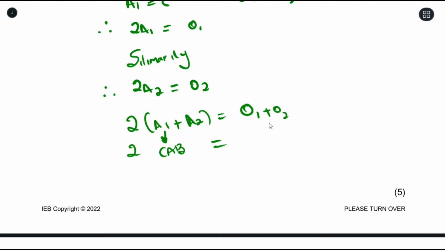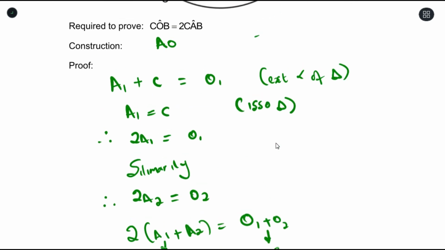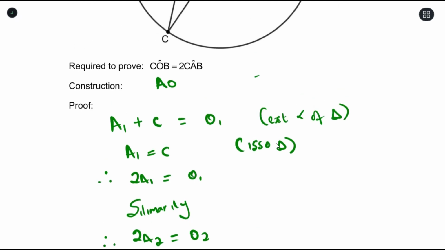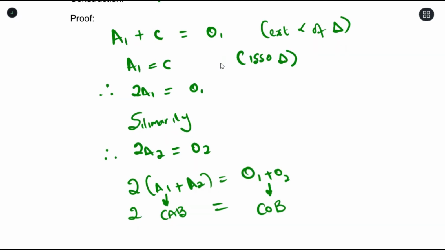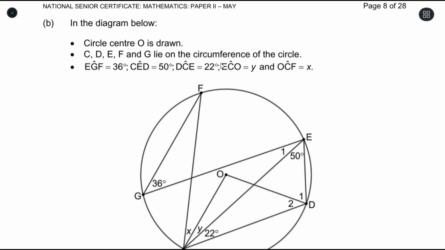And this part here is the same thing as your COB, right? Exactly. And that's exactly what we're required to prove, which we just did over here. That's it. So for B, it says in the diagram below, circle center O is drawn, and C, D, E,